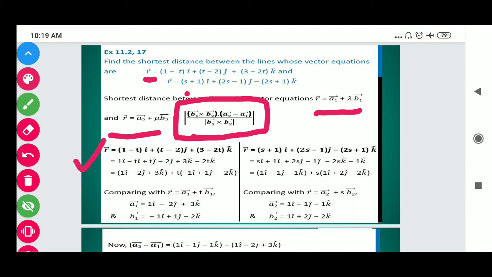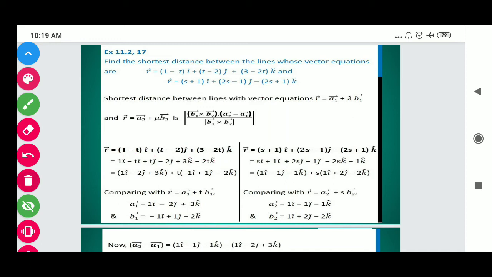So here we have the r vector. Here the component of i cap is 1 minus t, component of j cap is t minus 2, component of k cap is 3 minus 2t. And here students, next we have the r vector. Again, the component of i cap is s plus 1, component of j cap is 2s minus 1, component of k cap is minus 2s plus 1. So students, on comparing these two we get the a1 vector, b1 vector, a2 vector, b2 vector. Here a1 vector is i minus 2j plus 3k, and b1 vector is minus i plus j minus 2k,